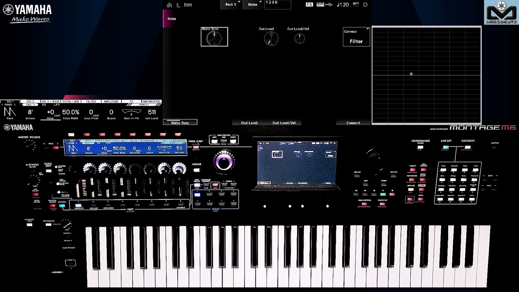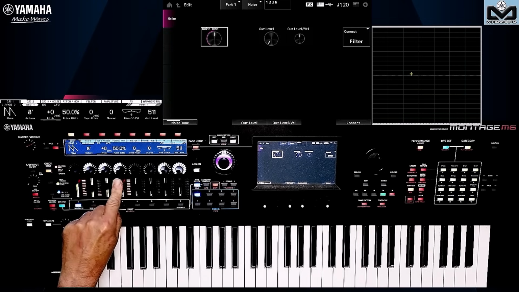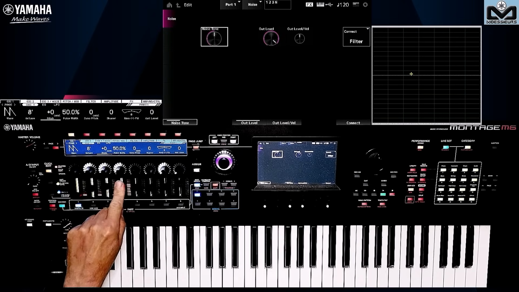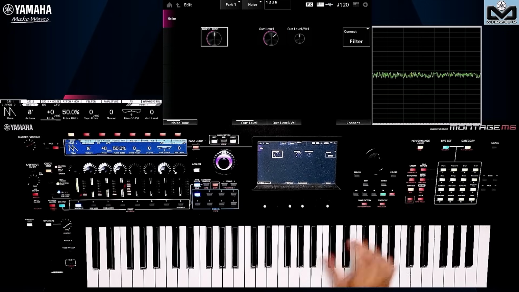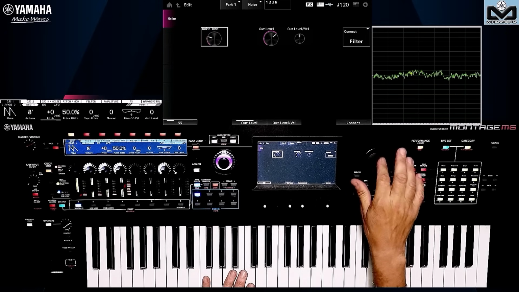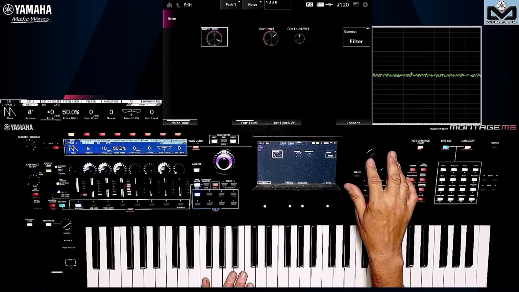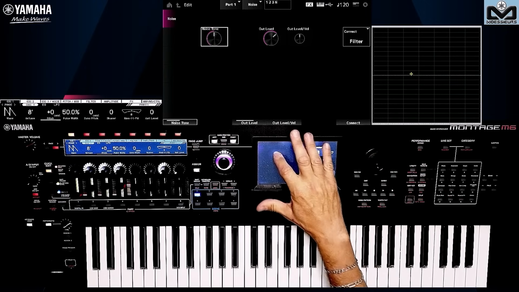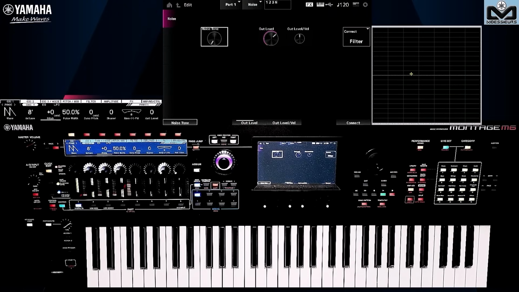Now let's look at the noise. There are fewer settings. It has a tone setting. When we are here in the center, we are on the white noise. To get some level, I'm going to turn up the noise and turn down oscillator 1. As you can see, when I turn to the left, the sound has less treble. When I turn to the right, it has more treble and less bass.